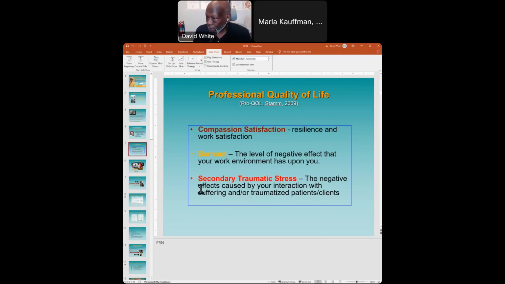When you take the test, I want to caution you that it's normed against people who have compassion fatigue. So if you are high on that scale, you're high compared to people who have the disability or who have the distress. It's not normed against the ordinary public. So just because you're doing well in this, you're doing well compared to people who have compassion fatigue. So keep that in mind if and when you actually do take this instrument.